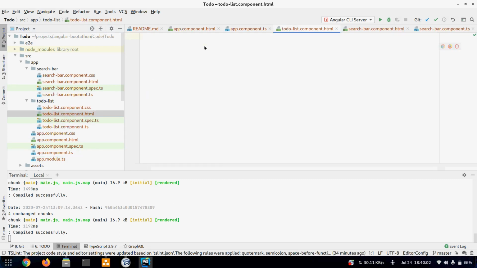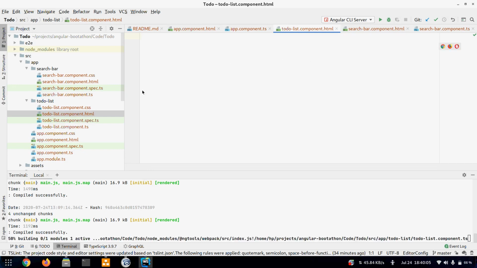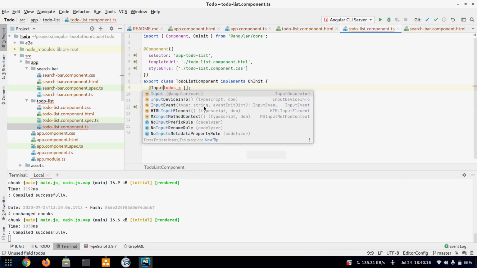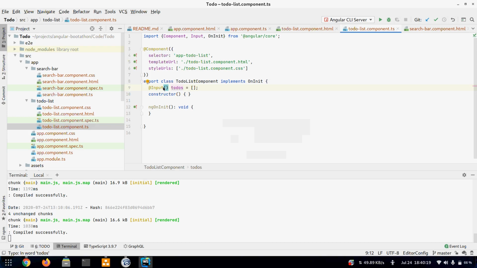So first thing is, let's add a property here, toDos, initialize it to an empty array, and I'll also decorate it like we did to output. I'll say @Input. This thing tells that we'll receive it from the parent, and if the parent does not give any value, then it will be initialized to an empty array as its default value. If you don't give anything, then it will not initialize and it will be null, but we want to initialize it in case it does not get given.